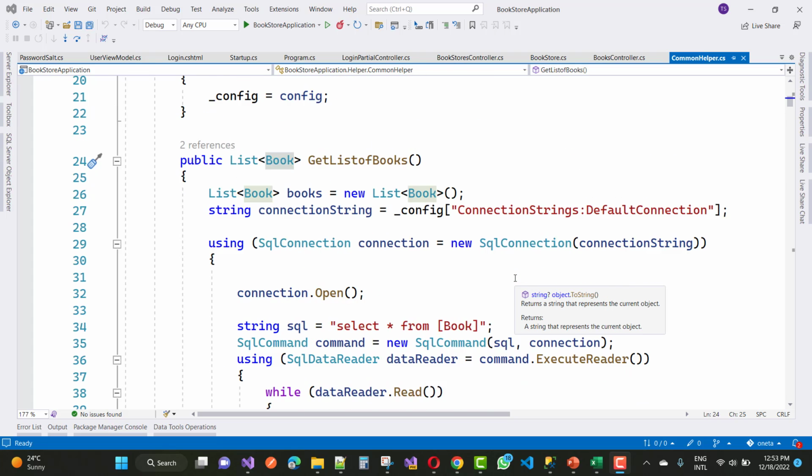Okay, how to use SqlDataReader in ASP.NET Core, and you can say how to use SqlDataReader in the MVC pattern. So it's very easy, and you know that